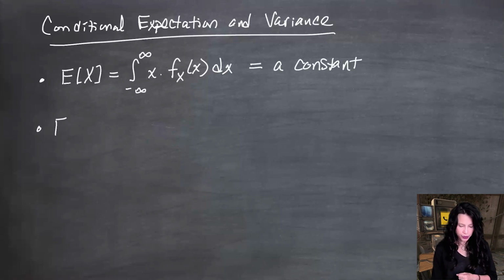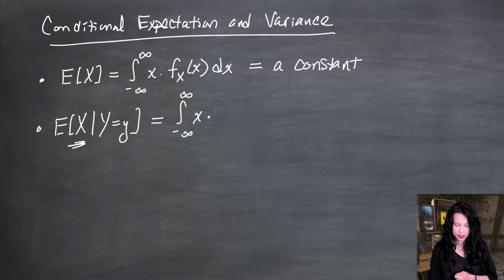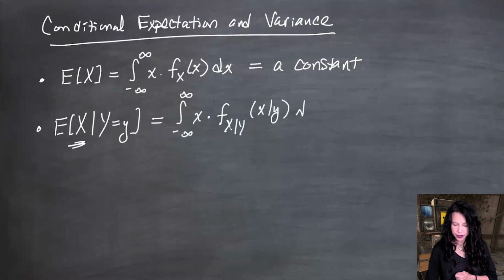If you want to compute a conditional expectation, and I haven't even defined this yet, so I'm going to define it right now as part of this bullet. This is still an average for x. That's the thing you want the weighted average for. But it's weighted using the conditional PDF for x given y. So this thing is defined to be the integral or sum of just x, but now you change the PDF you're using to a conditional PDF, and then you integrate over all the x's because that's the thing you're really averaging out. And this is a function